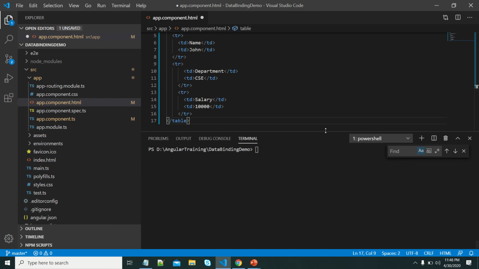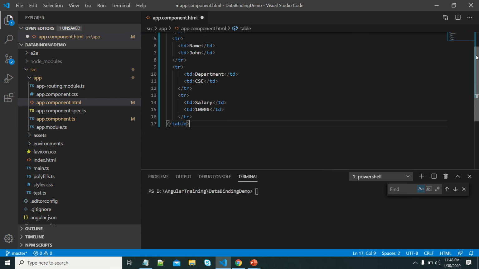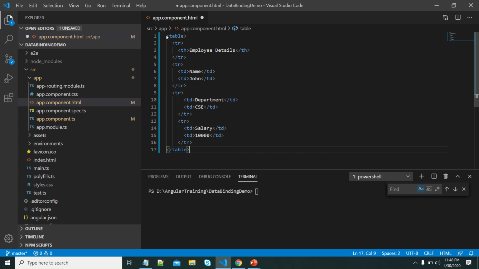Here we can see the table element, which defines the table. It has one row with the header information, and the remaining rows have the data information. The header is employee details, and then rows have a name and respective value: name John, department CSE, salary 1000.